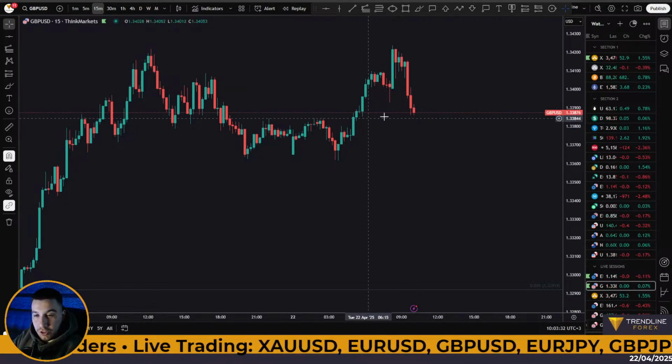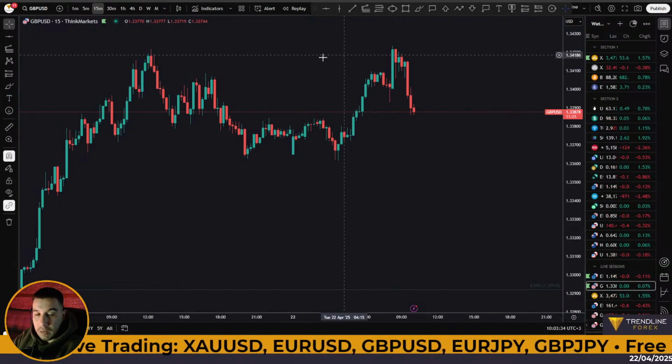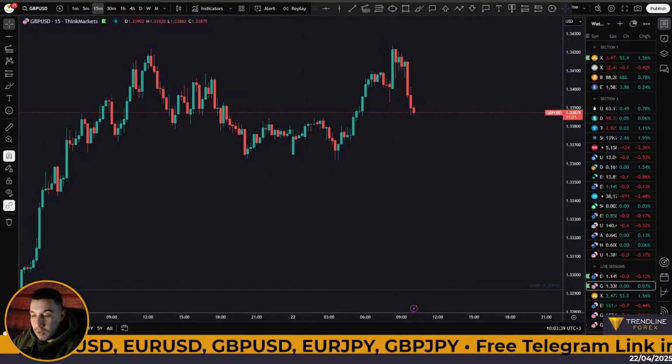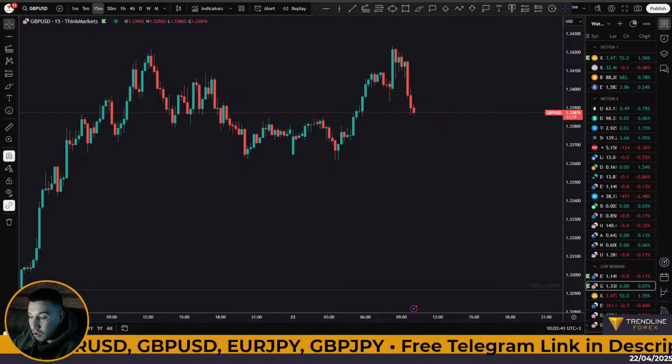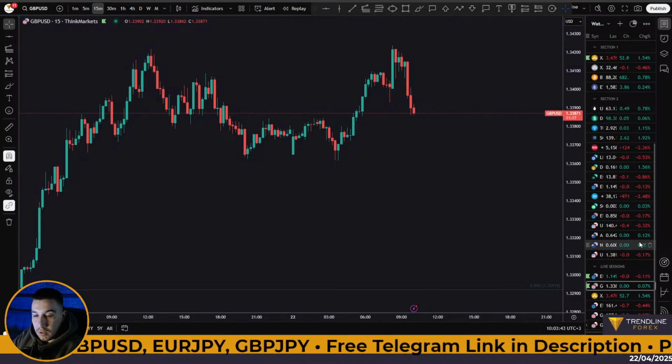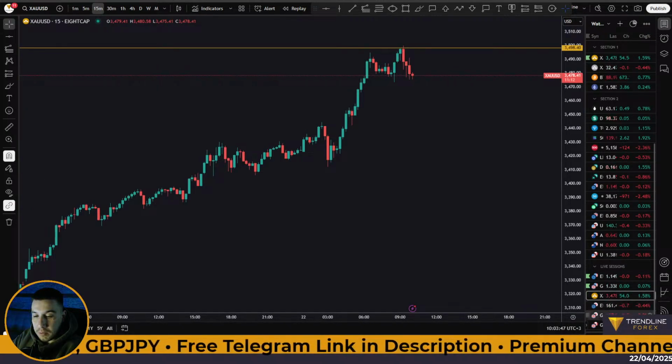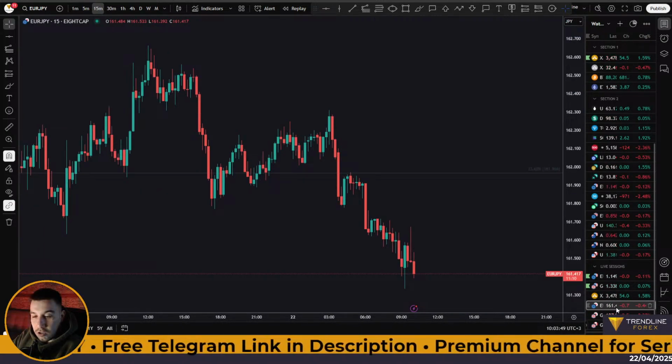But for now, we're just observing the pullbacks here. Okay, I'm not looking to enter a sell trade. I'm only looking to go long, and of course I need more confirmation. So apart from that, what else do we have? We do have the yen cross pairs, which